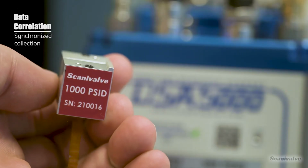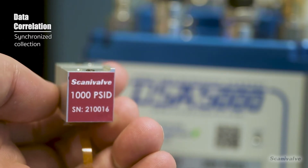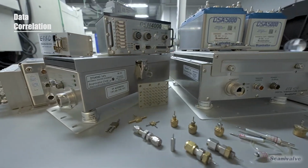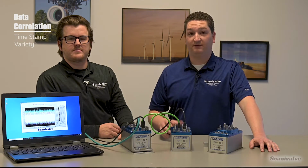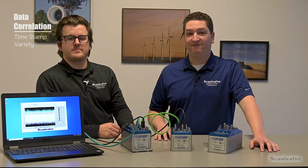Internally, sensors are sampled synchronously, removing the need for any post-processing of data that may be due to internal timing variations. The value of high-speed pressure data is maximized when you're able to accurately correlate that data to data collected from other devices. Scanivalve supports this by offering a wide variety of time synchronization options. Every single frame of data can be time-stamped with several different formats of timestamps, allowing for easy, accurate, and fast